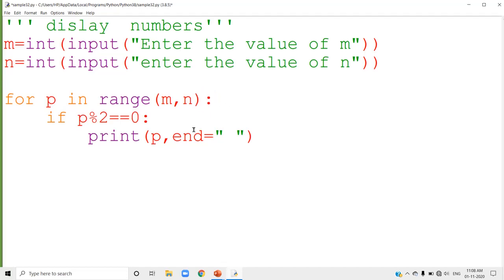Or you can say the step value I am going to use is 1. Either you can omit the step value or you can include it, but if you include it, it must be 1. So here I am going to use the for loop this way, and that loop will generate the numbers between m and n.